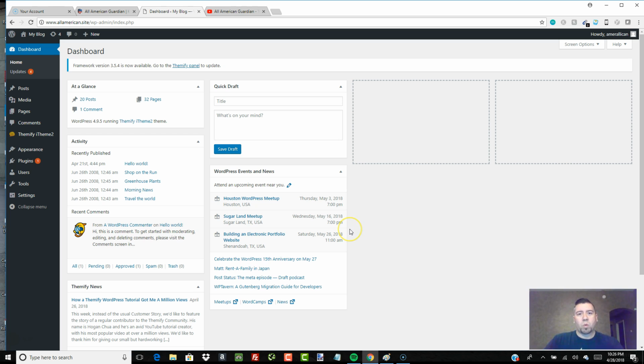All right, so once we have WordPress installed, you log into the back end of your WordPress, which is your dashboard, your administration panel, whatever you want to call it. Officially, it's called the dashboard. The first thing you're going to do is go to settings. There's a lot of things that have to be tweaked over here. I like to start with settings. Just go to general,